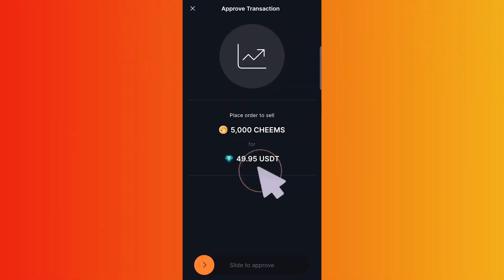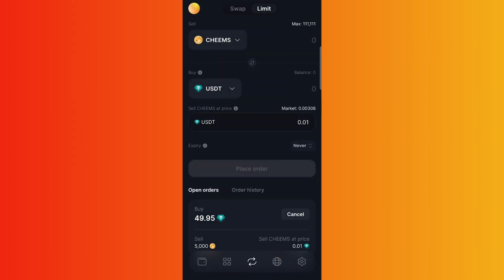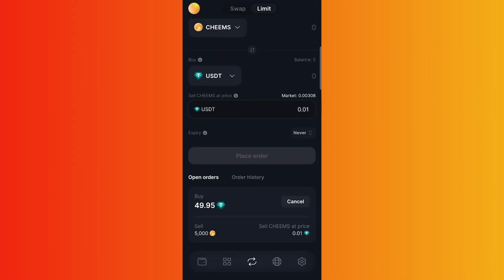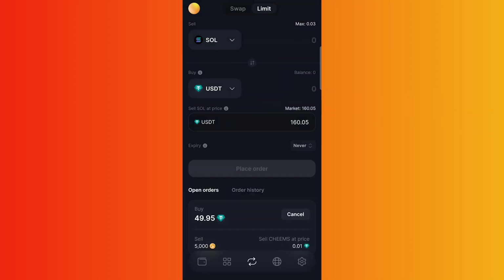Now tap on the Place Order button. Check all the details and slide to approve the order. You have successfully placed the limit order to sell your coin. If you go back, you will see your order under the Open Order option. You can tap on this cancel button to cancel the order. You can follow the same process to buy any Solana token at a lower price and sell at a higher